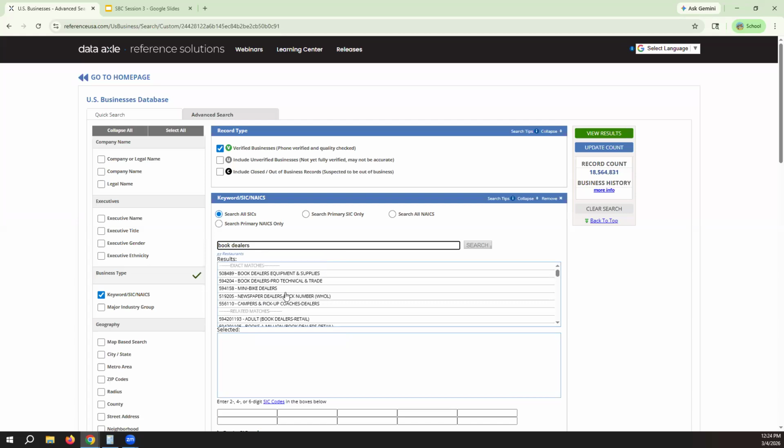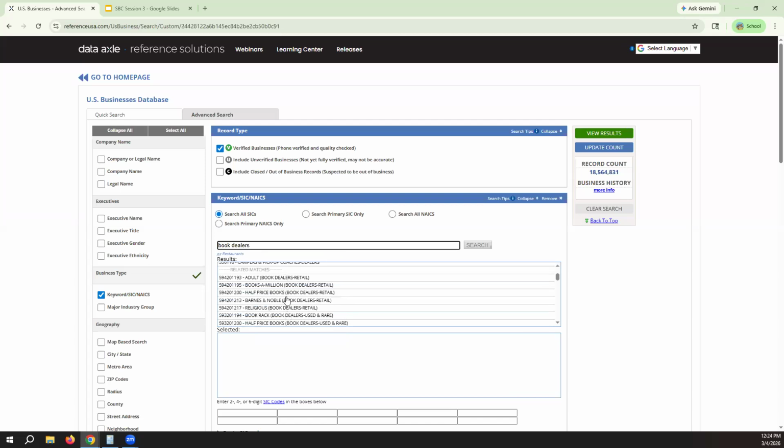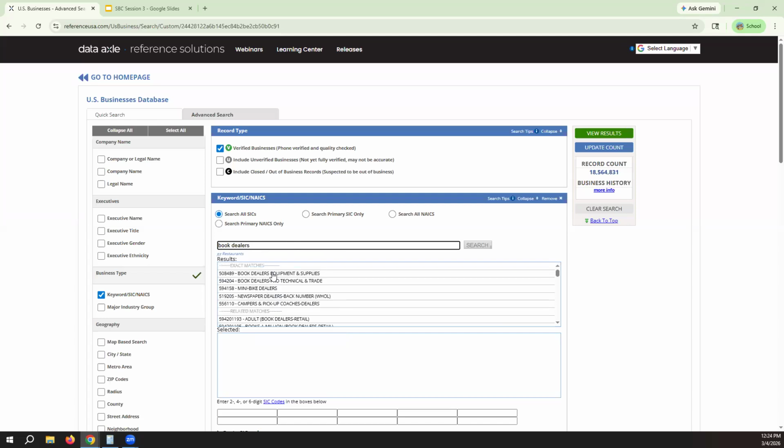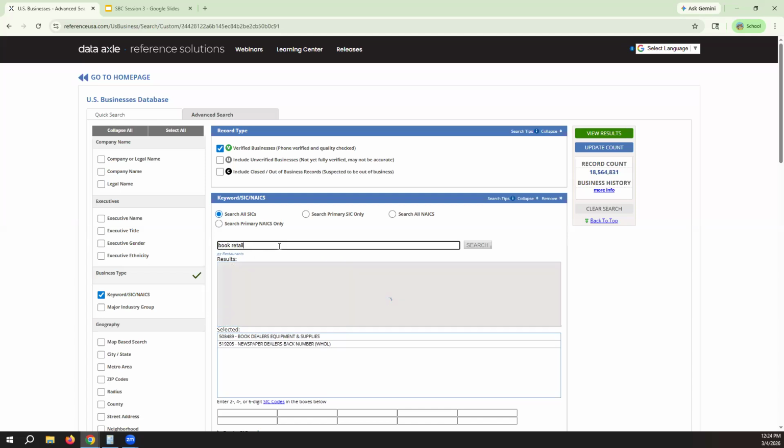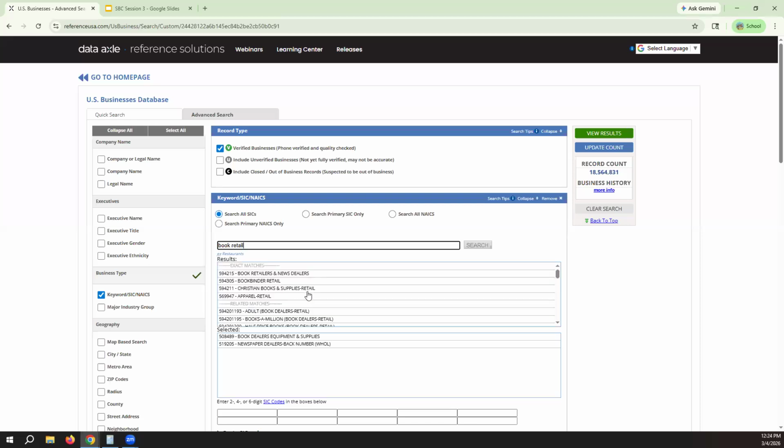We have book dealers. I can also try book dealers equipment or book dealers supply, newspaper dealers, it's wholesale. I can click anything that I want really. I could do book retail. I saw that one on there. So book retailers, news dealers.